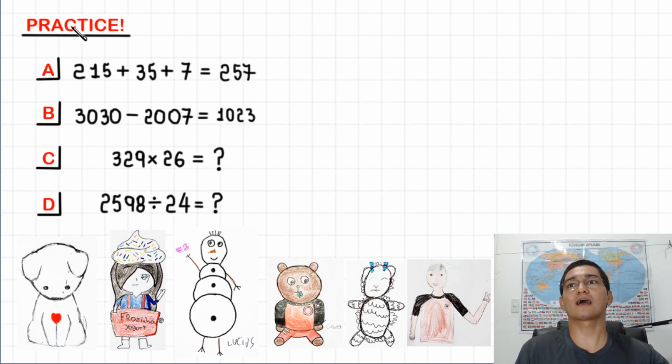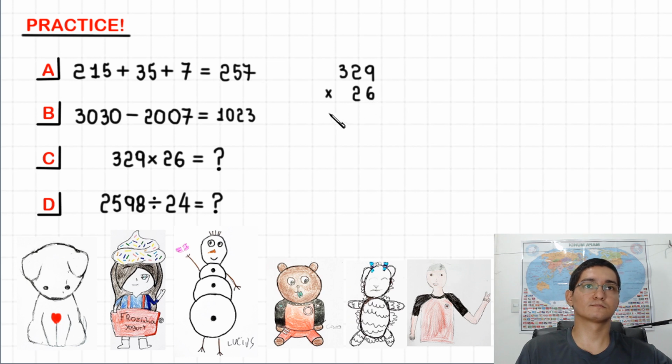And now we have a multiplication. We have 329 times 26. Okay,